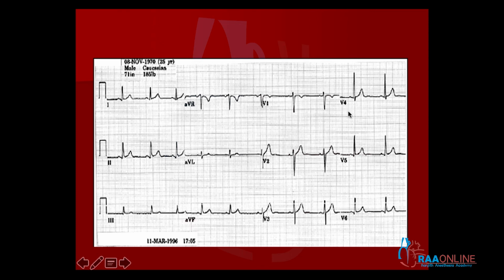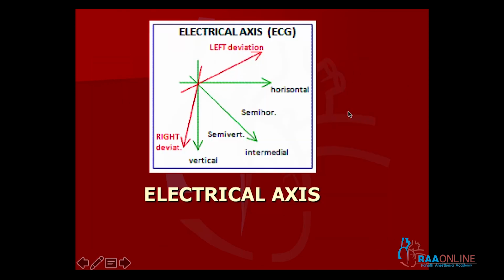Now we go on to the important topic of the basics learning, the most difficult topic, calculation of electrical axis. So the electrical axis is what you are trying to calculate. I told you, although a sinus impulse is going to go in different directions to depolarize all the areas of the